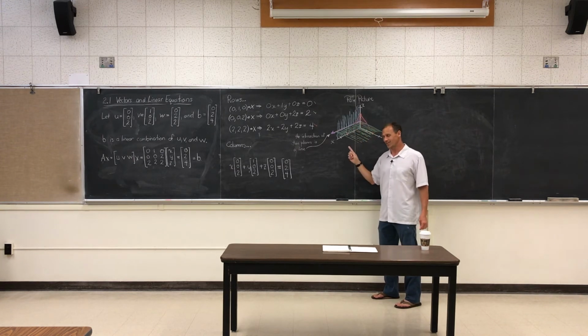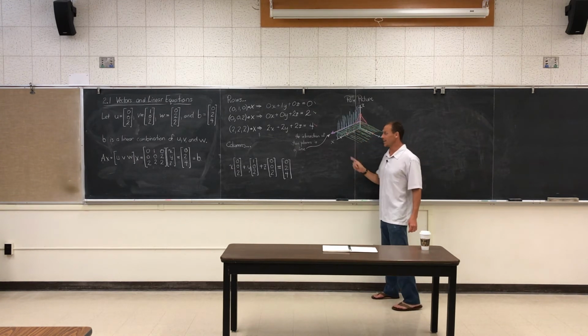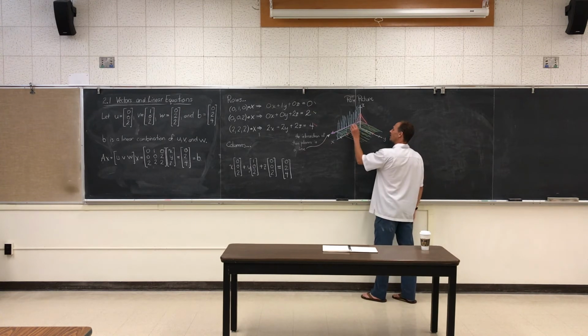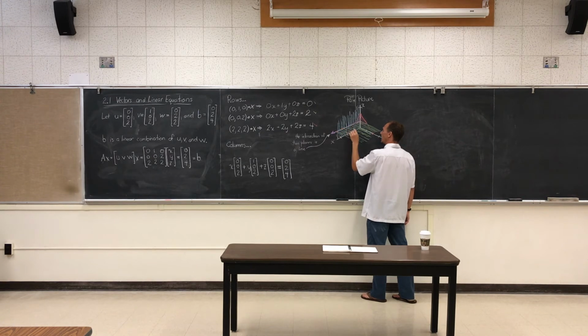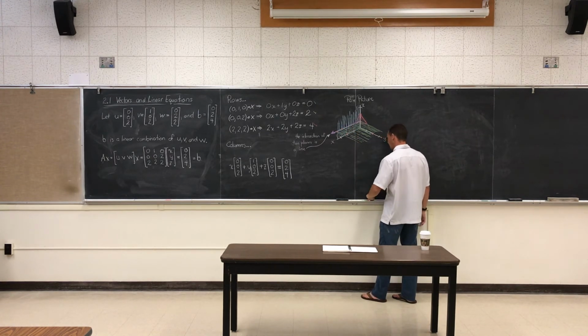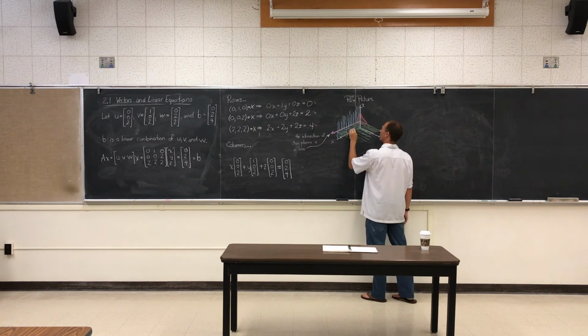The intersection of all three planes, well, we know is a point. Notice that in this case, if you have three distinct planes, we know the answer has to lie somewhere on this purple line, and it looks like, if I've drawn this really well, it looks like the intersection right here